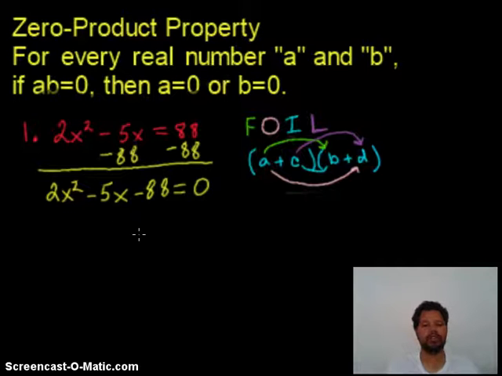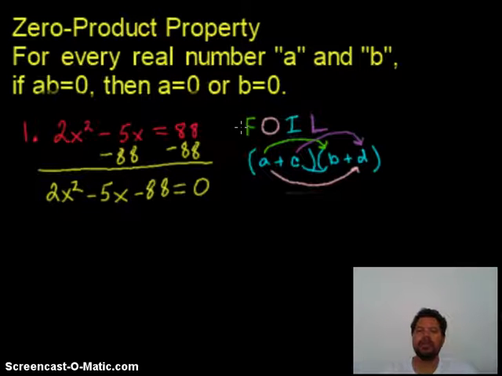So now we have this trinomial with a leading coefficient of 2, meaning this x squared term has a number in front of it that's not 1 and not 0. It is a 2. And we need to be able to factor this trinomial into two binomials in order to use the zero product property, meaning we have two quantities or two factors multiplied together that result in 0. So one of the techniques for factoring trinomials that have a leading coefficient of 2 is recalling the FOIL